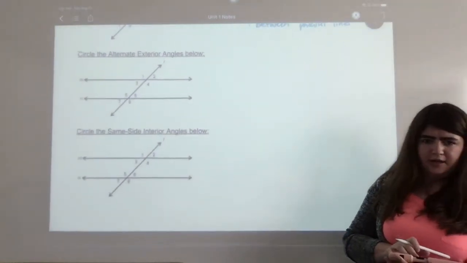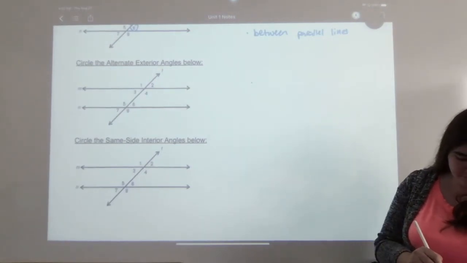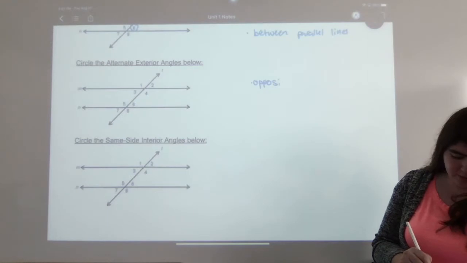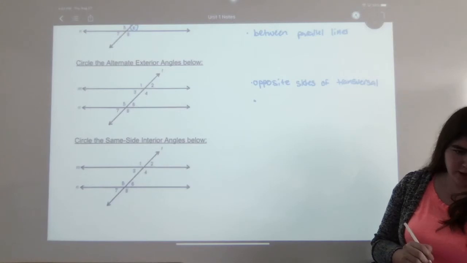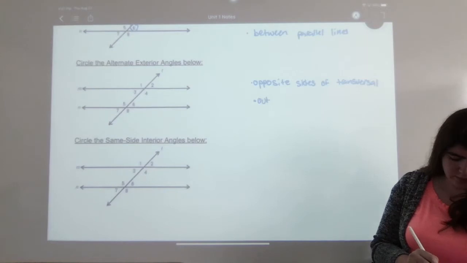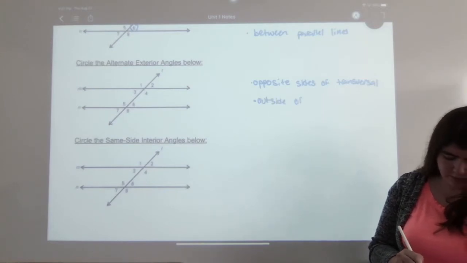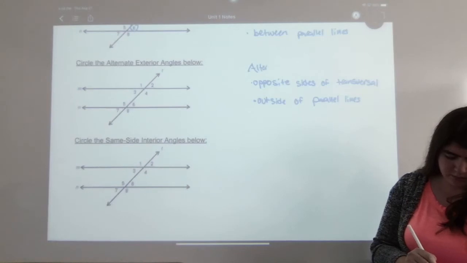Alternate exterior angles are on opposite sides of the transversal. Opposite sides of the transversal. And they are on the outside of the parallel lines. Outside of parallel lines. And again, those are alternate exterior